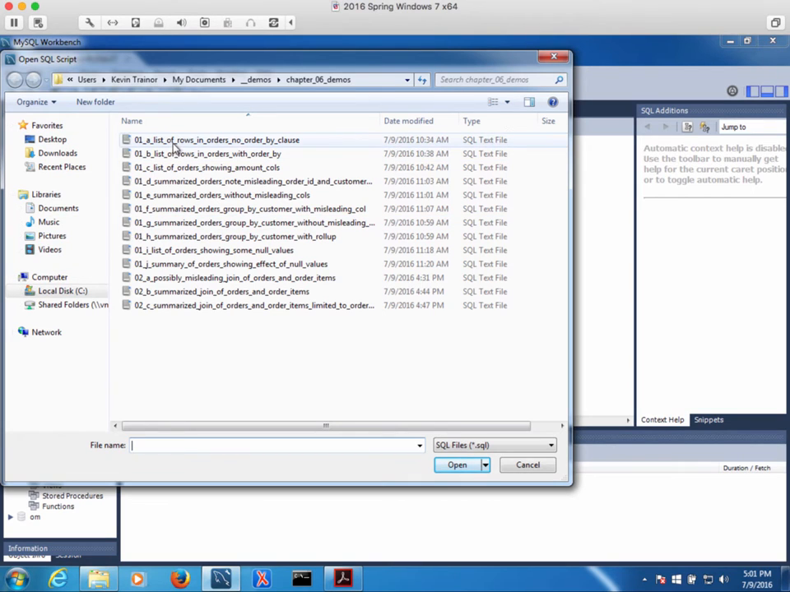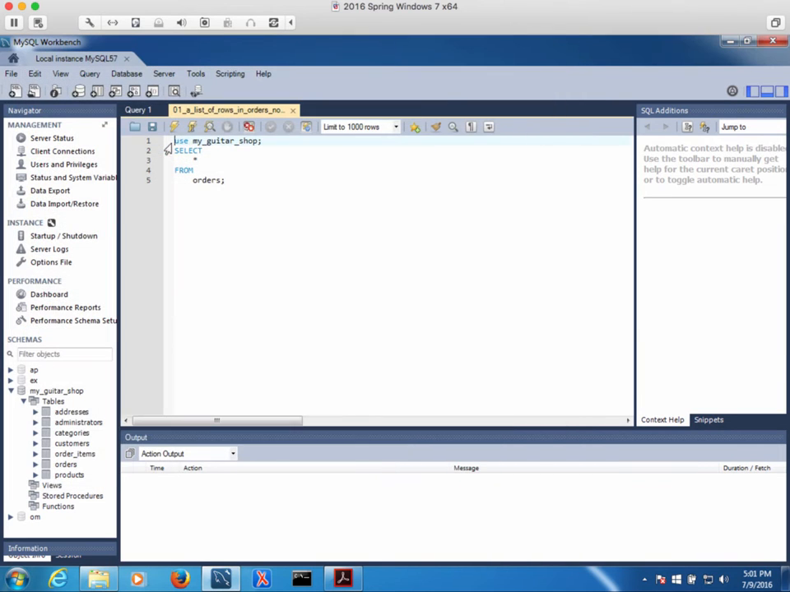This is a list of rows in orders without using an order by clause. I've got to use my guitar shop because I consider that a best practice. And then a pretty simple select: select all columns from orders, no order by clause. And if we run this